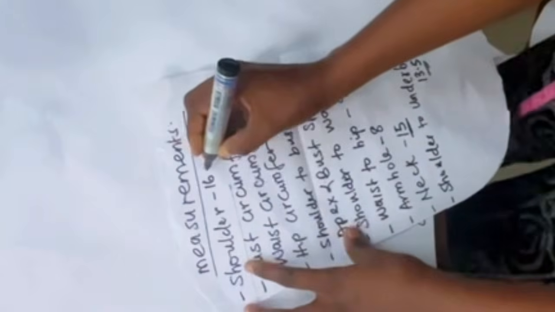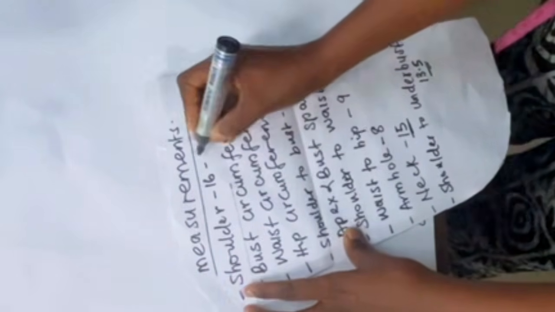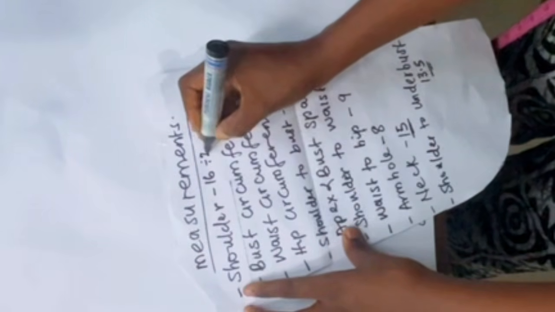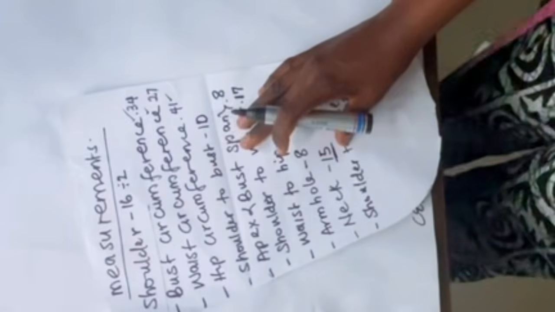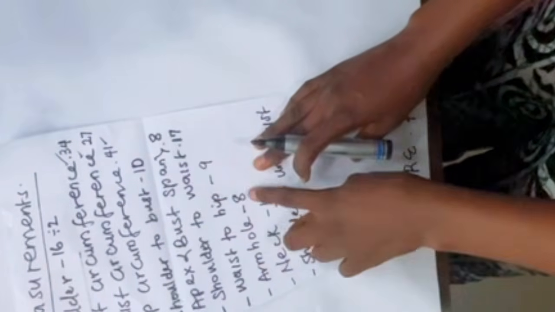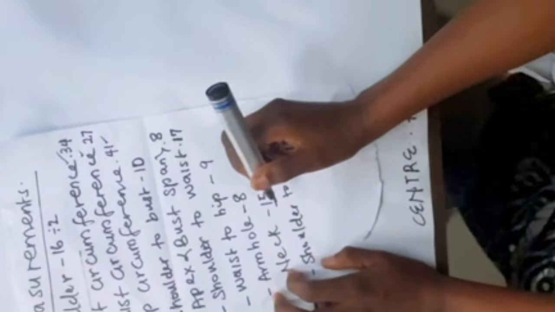Now your shoulder, because your shoulder does not have front, does not have back, right? Your shoulder is on top, basically. So this one will be divided into 2, because we are going to be joining front shoulder to back shoulder, basically. Now the other thing, our armhole will not be divided by anything, because instead this armhole, I measured from the